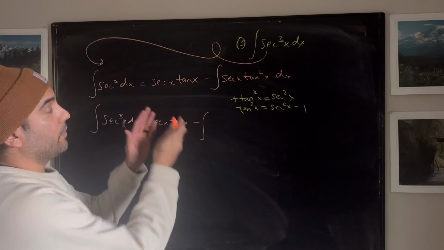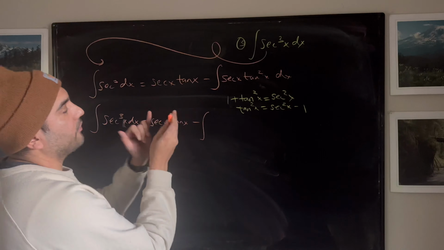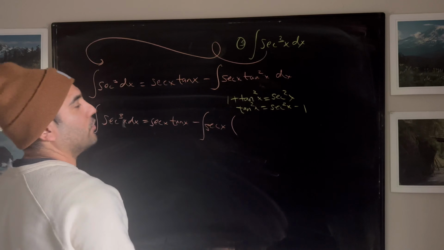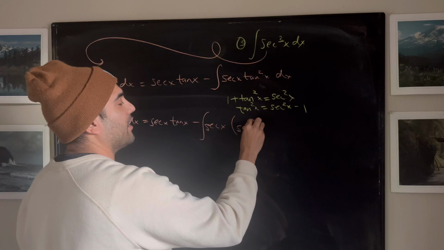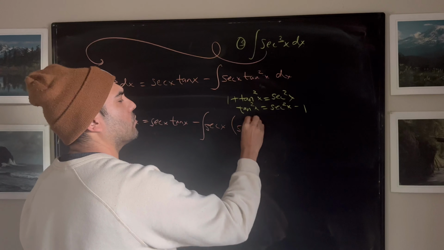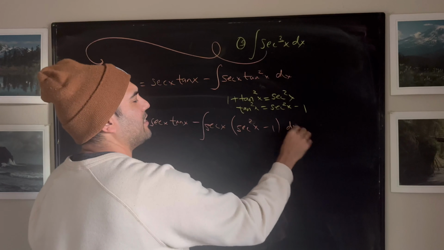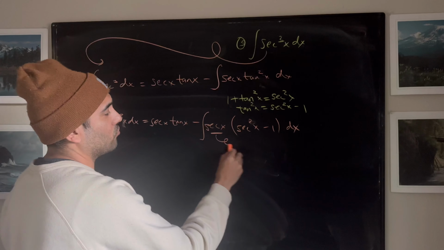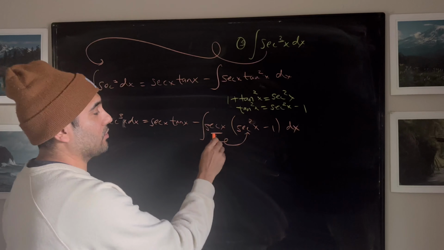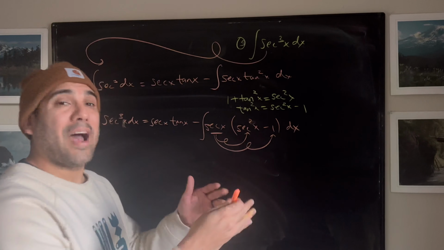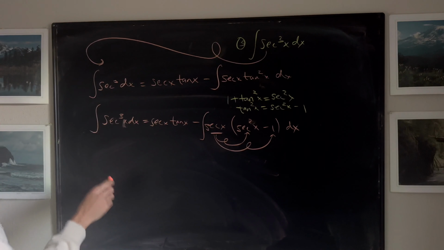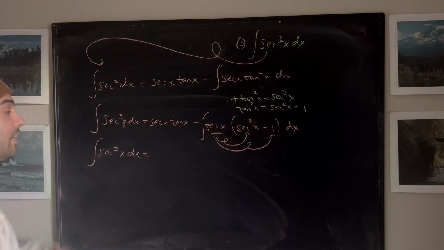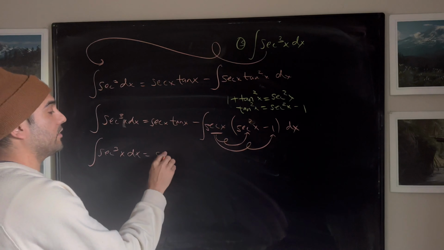should equal all this thing that we wrote, minus the integral of secant x times the tan squared that we had here. So that's secant x times (secant squared x minus 1) dx. I'm definitely getting ahead of myself here. Because now we're going to distribute the secant to the secant squared, and distribute it to the minus 1. So look at what we have. We have the original integral equals secant x tan x